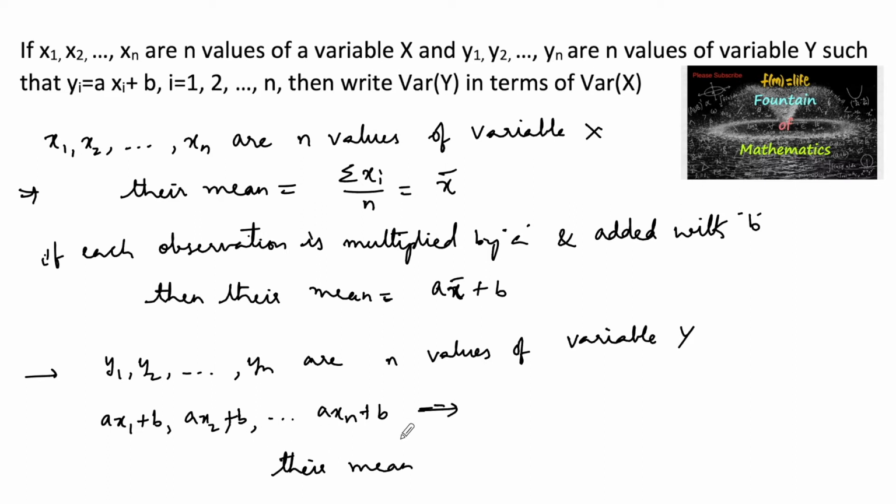Each observation is multiplied with a and added with a constant b, so we can write their mean is equal to the sum of the observations, so that is a x bar plus b, which is nothing but the sum of the yi divided by n. Okay, next,